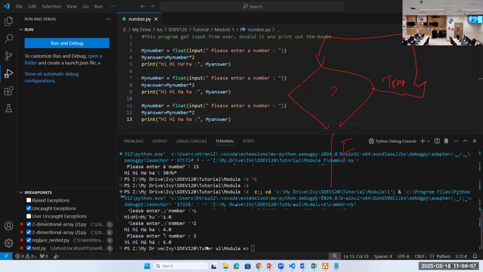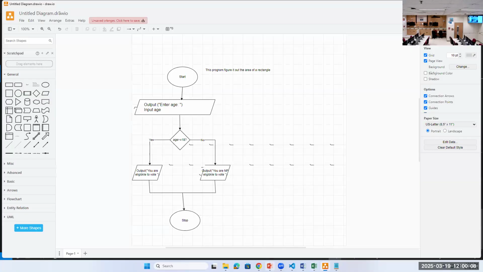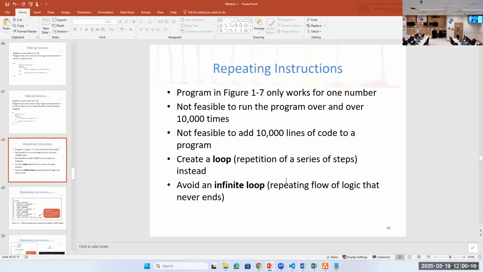So now, coming back to my problem here, if I want to do it multiple times, I have to work with the loop, right? So basically, you have 2 types of loop. The first one is a